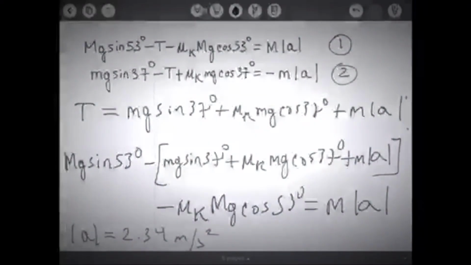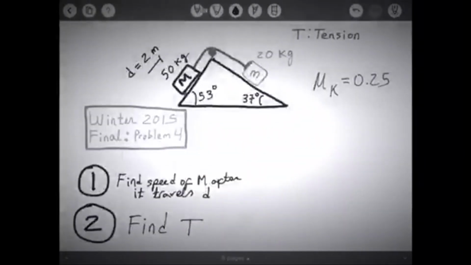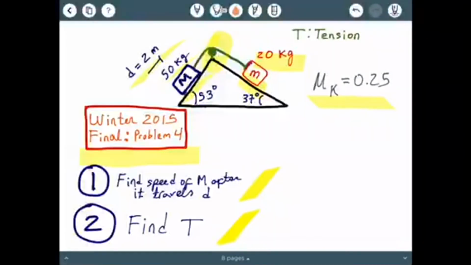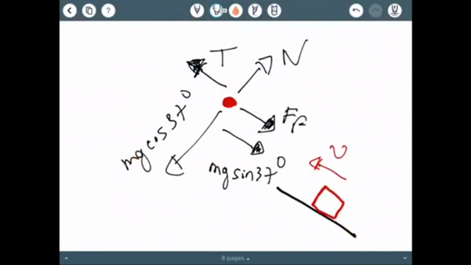Alright, so let's recap. It was a double incline with two different masses. The first thing we recognize is this is a sum of forces problem, so I need body diagrams. So make sure you pick the tension in the right direction, the rope only pulls. Write down which way the velocity vector is so that you put the force of friction in the opposite direction, and also make sure you get the component of the weight along the incline. Then you do the same thing for mass 2, but remember this time it's moving up, so the force of friction is going to be down